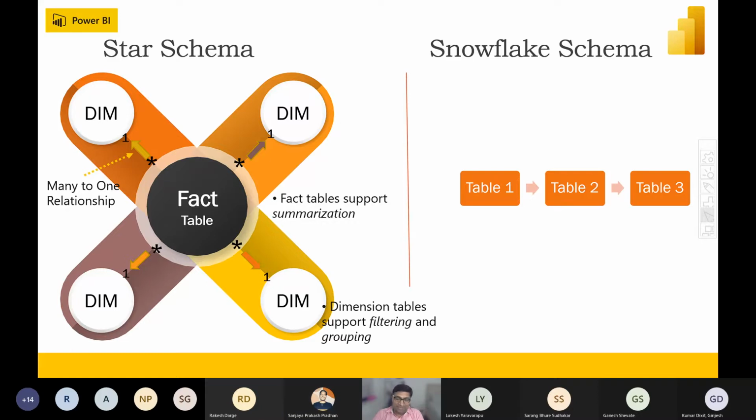You don't need any intermediate person. But in a snowflake schema, you need a mediator. You can see on the right hand side, table 1 is talking to table 2 and table 2 is talking to table 3. They were saying this is arranged marriage. So star schema is love marriage and snowflake schema is arranged marriage.